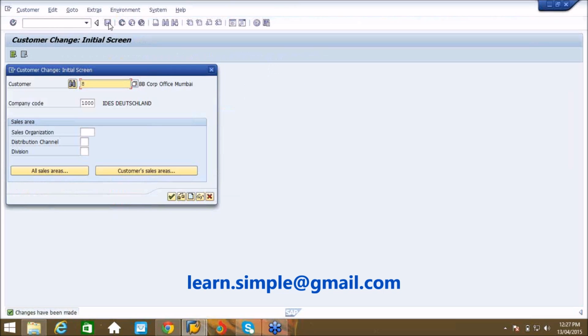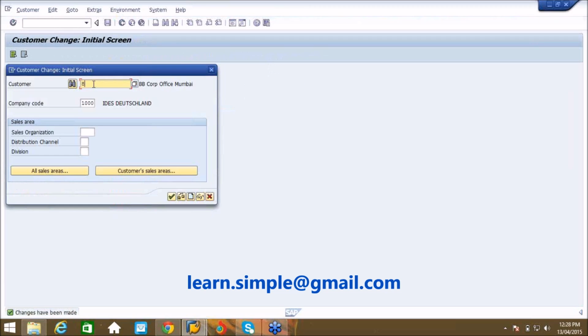Now my requirement is, how do you know for which customers a particular address has been changed, or a particular account group has been changed? I want to maintain a log in one table. For example, for customer number 8 the address has been changed, and customer number 9 the address has also been changed.